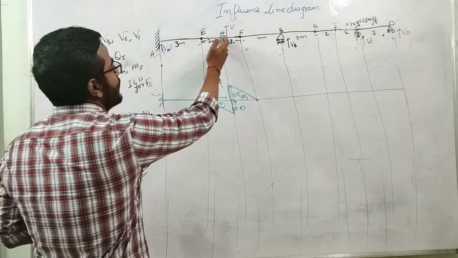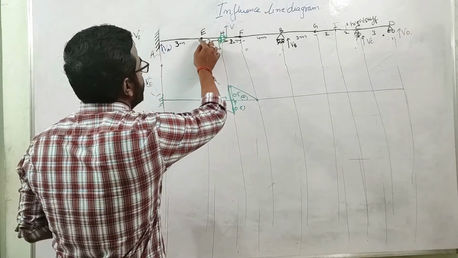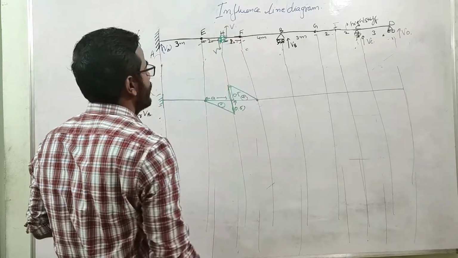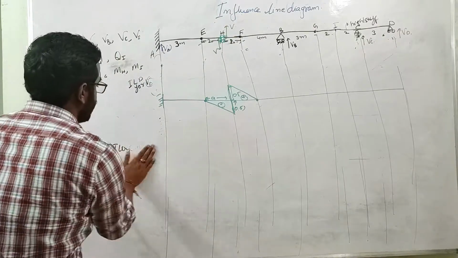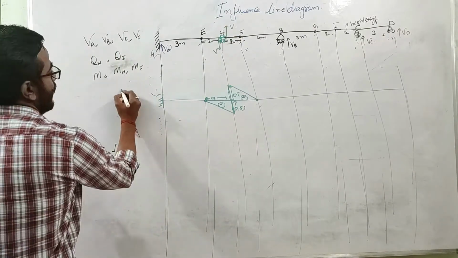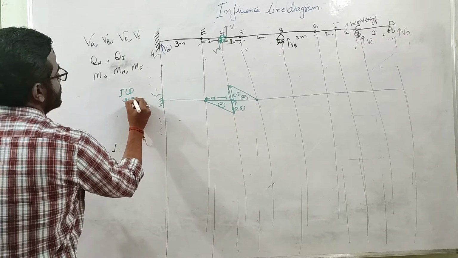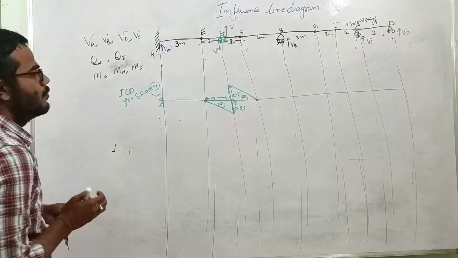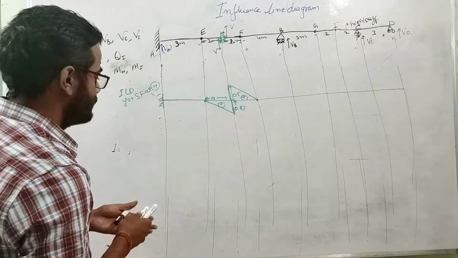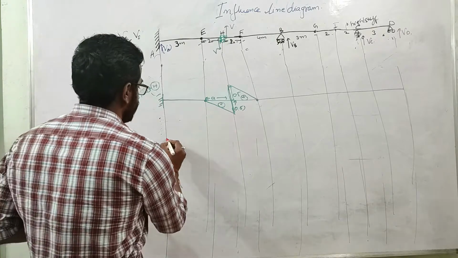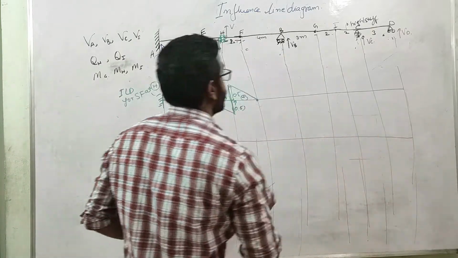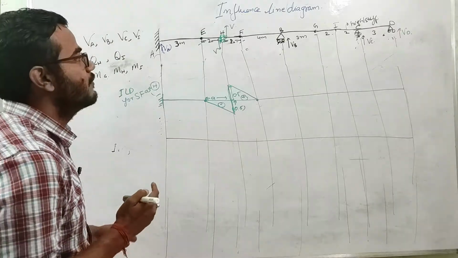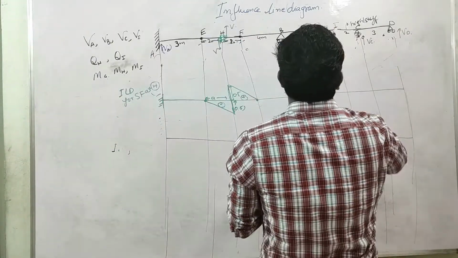Okay, you just need to release the shear force, and you need to give unit deflection along this shear force. One portion will move downward, one portion will move in upward direction. So this is the ILD for shear force at H. Okay. Now we'll draw what will be the shear force for point I. So when we are drawing the shear force at I, we need to release shear force at this point.